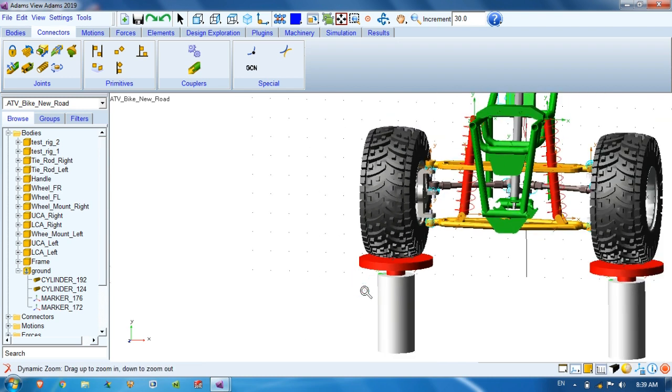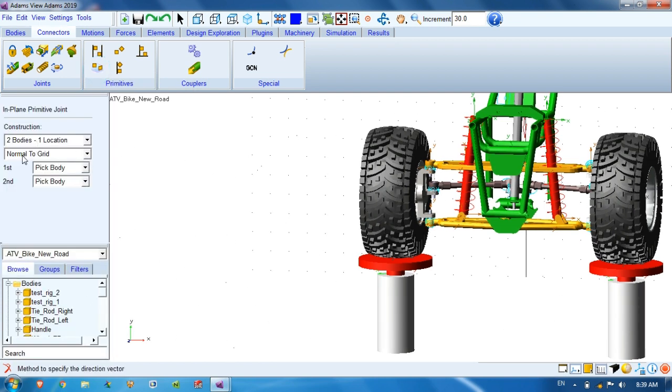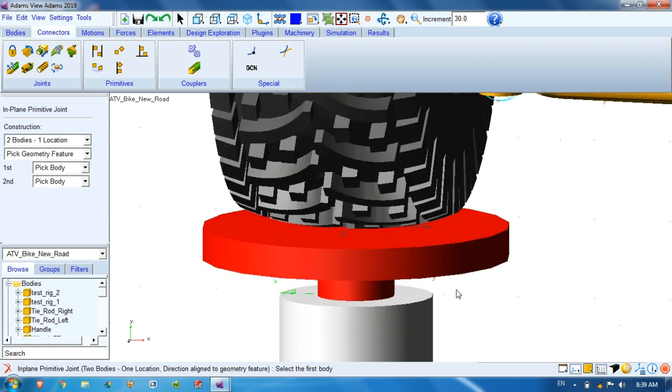So we will create these joints first, sorry, not contacts. Go to the in-plane joint primitive, two bodies one location, not normal to grid, pick geometry feature. Its axis should be oriented in the vertical direction. You will get more information in the help menu; I recommend going to the help menu.